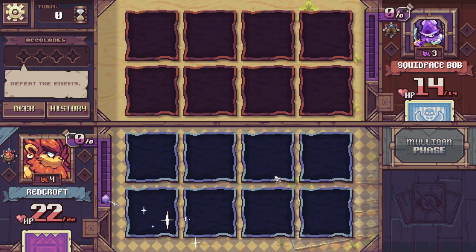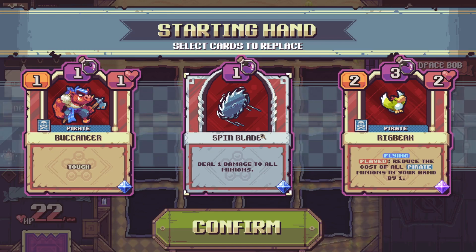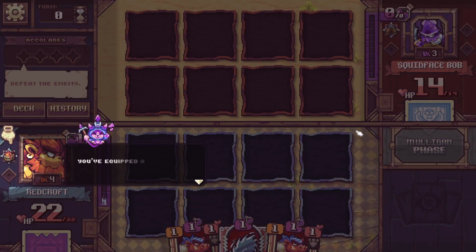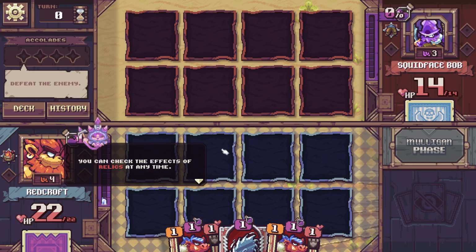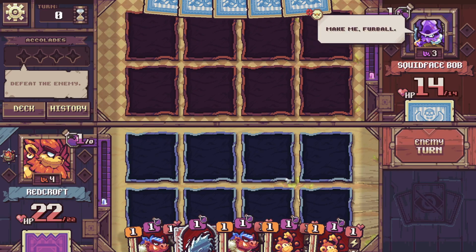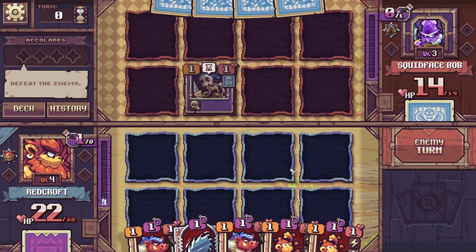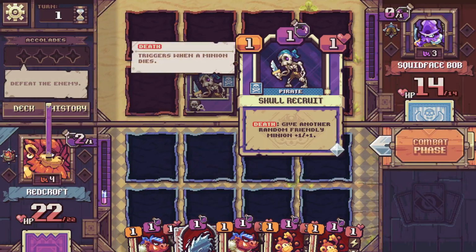All right, let's see what you got, buddy. Buccaneer Spinblade, really good combo. Mulligan the Rigbeak. Okay, cool. So I could equip a relic, yada yada yada. Change the effects of relics at any time. Alright, yep, that's exactly the guy I was thinking. Okay, so the question is...